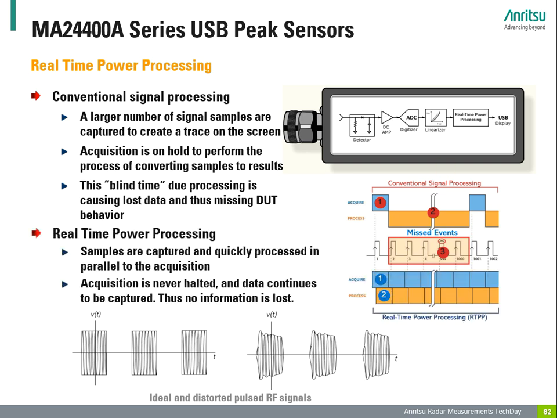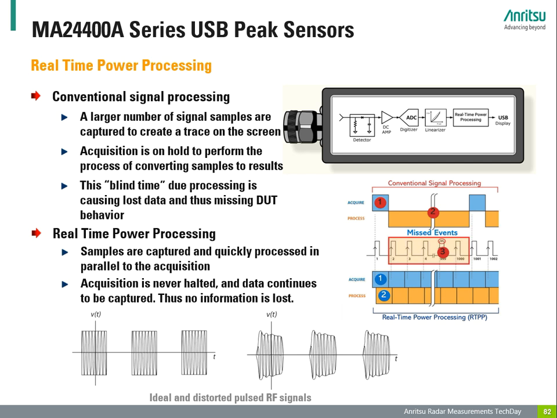The advantages of the real-time power processing technique can be seen on the right side. Key processing steps take place in parallel and keep pace with the signal acquisition. With no added computational overhead to needlessly prolong the sweep cycle, the sample buffer can't overflow, and there is no need to hold acquisition for trace processing. This means a gap-free signal acquisition and guarantees that intermittent signal phenomena such as transients, dropouts, or interference will be